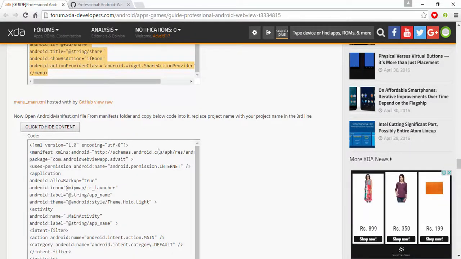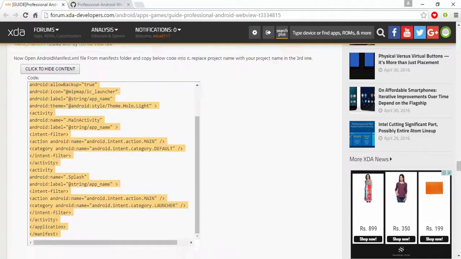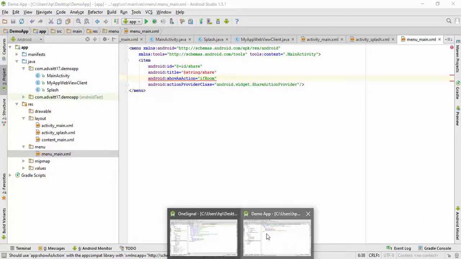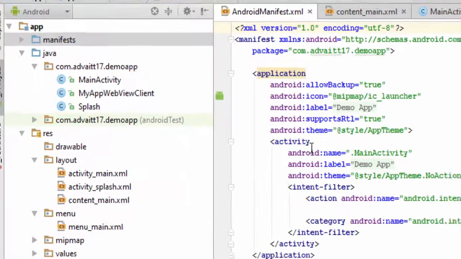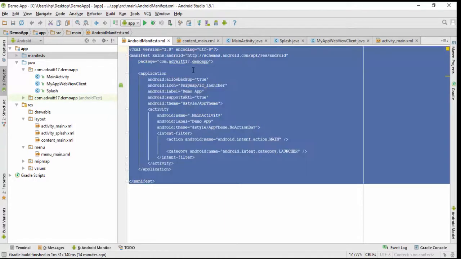Now editing the Android manifest. So copy this fully and paste it. And yes, there is some editing here because we are replacing the package name also. So remember your package name and again paste it, replace that with mine.